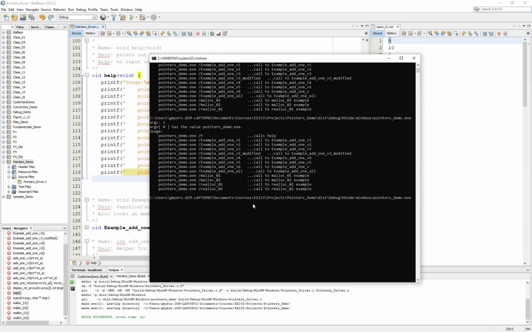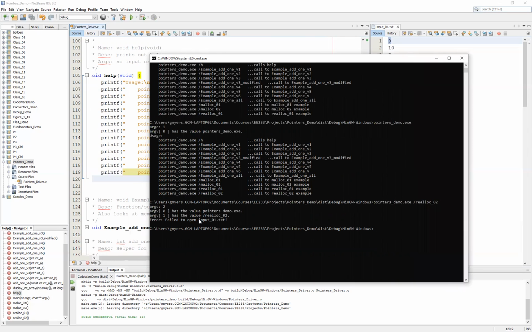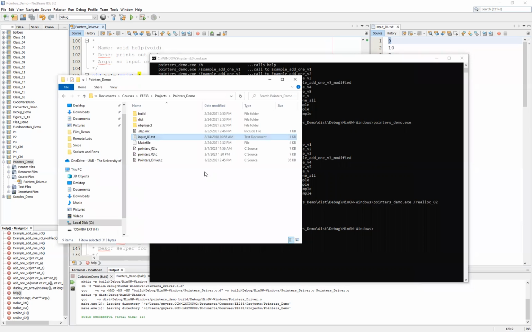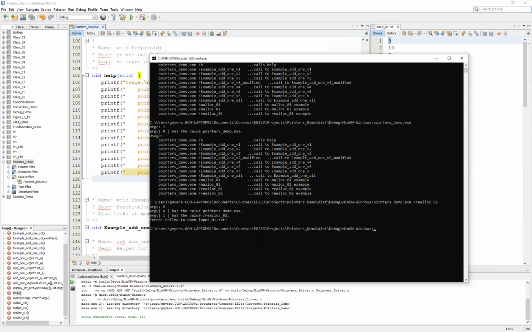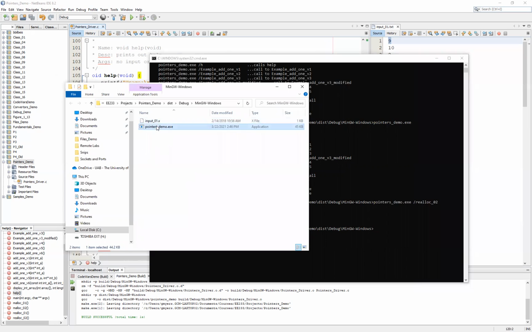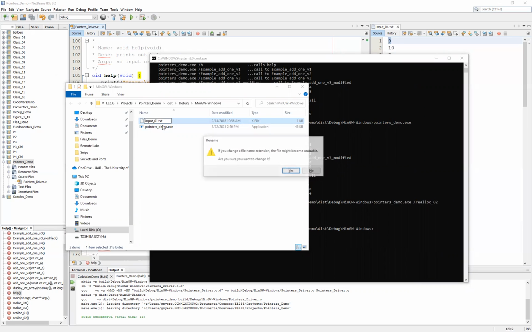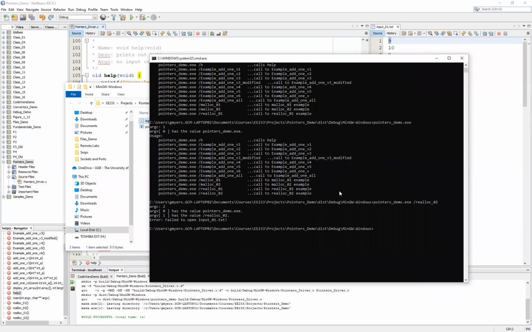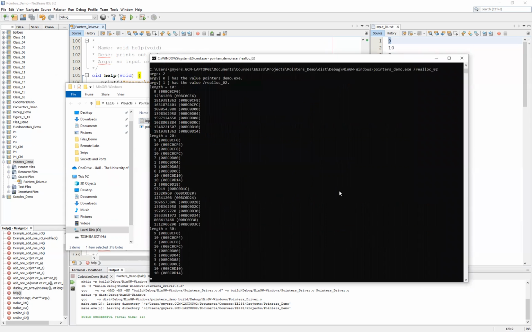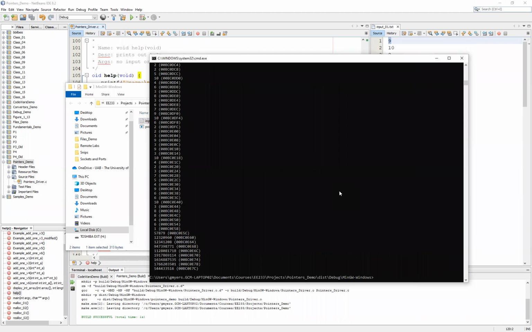If I run it with my realloc _02 switch, you'll see that I get a warning that says it failed to open the input _01.txt file. And that is just simply because it does not exist by the correct name. Yes, I want to change it. And you'll see now that I am reading the file,